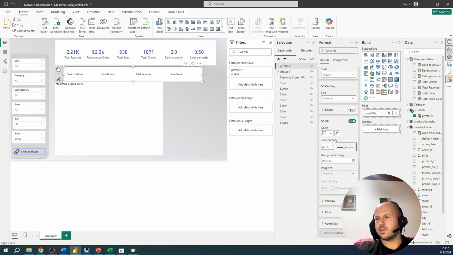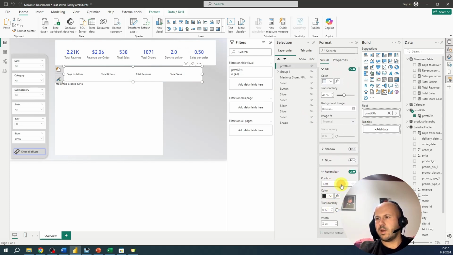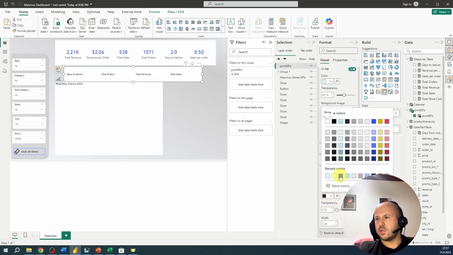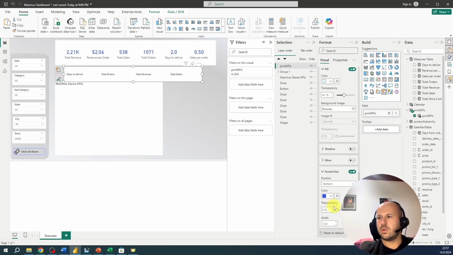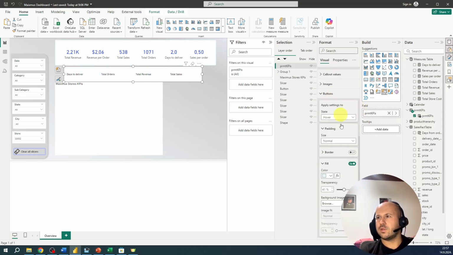Okay, like this, and let's add accent bar to bottom. Let's change this to blue, and let's set width to 6. Great, and now let's do the same for selected. Apply settings to selected,